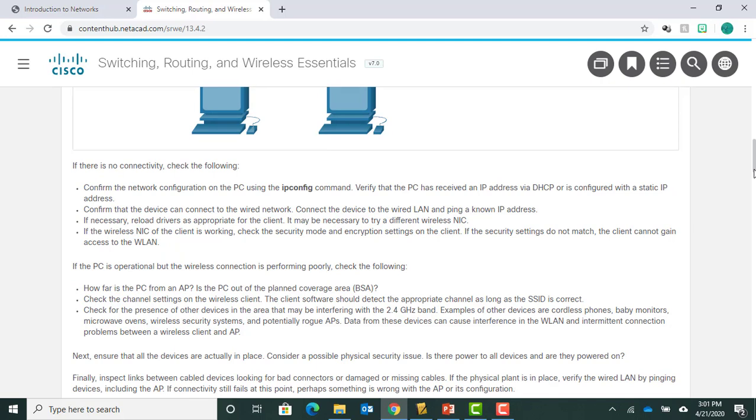Okay, confirm the network configuration on the PC using the ipconfig command. Verify that the PC has received an IP address via DHCP or is configured with a static one. Confirm that the device can connect to the wired network. If necessary, reload drivers. If the wireless NIC of the client is working, check the security mode and encryption settings